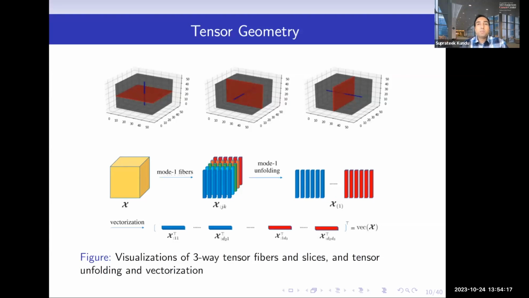Here is a little bit more about tensor geometry. Again, we don't have enough time to go into details, but if you look at this cube, which is a tensor, then you also have these lower dimensional objects. So this is a 2D tensor plane. And then this is a 1D tensor fiber, right? And these tensor planes and fibers can be on different axes, right? So this is the X, this is a YZ axis, XY axis. These are all different axes, right? So these lower dimensional objects are embedded in the tensor, and they're really handy in doing the posterior computation that we need for the Gibbs sampling.